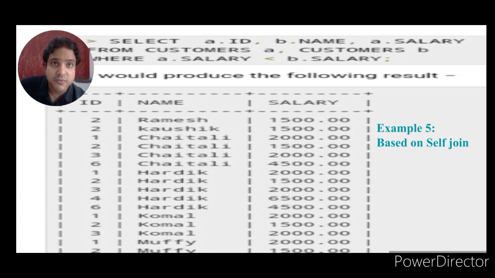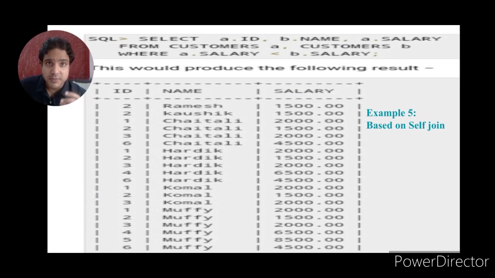We declare them here in the from clause. Customers A, this is the table name A, meaning the temporary name of the customer table, comma customers B. This is the second temporary table from customer, where A dot salary is less than B dot salary. It means the table compares itself. The 2 temporary tables, along with all the attributes of the customer table, compare to each other. Remember one more thing, they compare to themselves. A dot salary is less than B dot salary because both are the same thing. The salaries are the same thing.